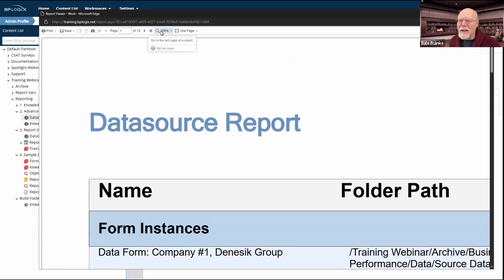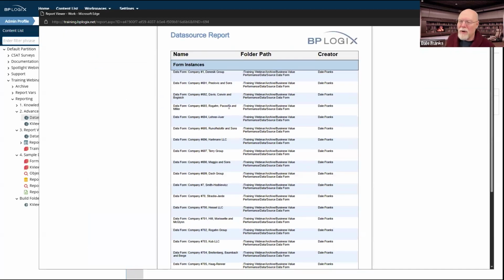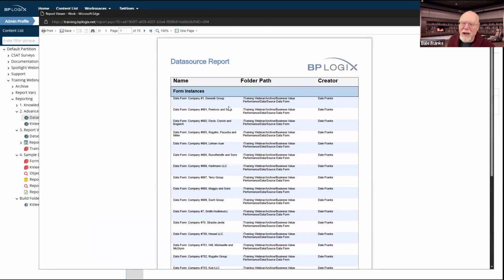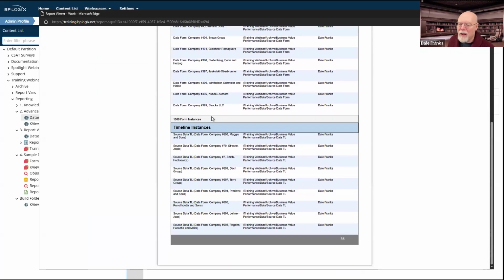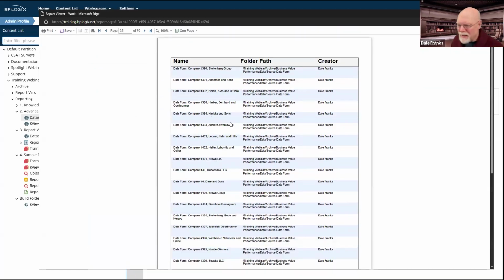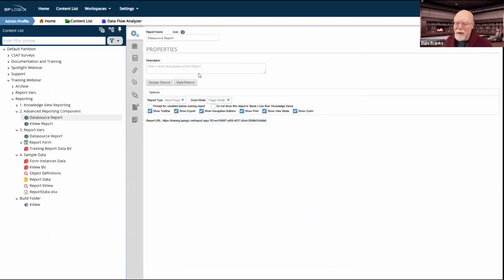So that's a little disturbing, but this is my actual data source report where it has all of my objects. Again, it's 70 pages long because it is exactly the same data. So we go to page 35 and there's my data. It looks exactly the same. There's no reason to deliver any more manful thwacks to this dead equine. I just don't know why it's not working in the designer, but it is working in the view report. Something is wonky somewhere and I need to fix it.